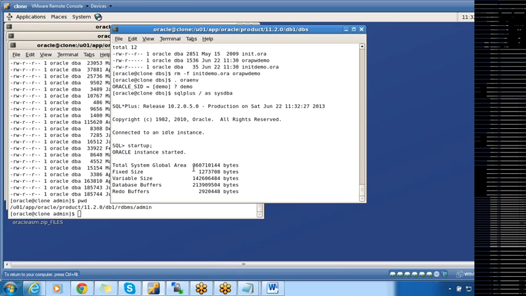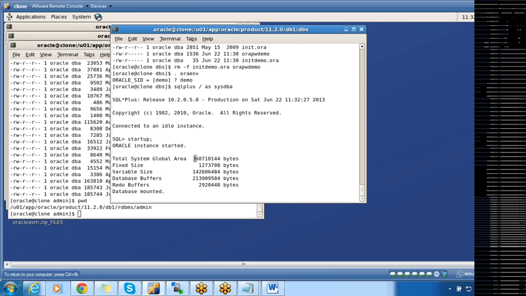So if you are going for a manual approach, you need to shut down the database in 10G, and you need to start up the database from 11G in upgrade mode. If you are using dbua utility, the database will be up and running from 10G home.